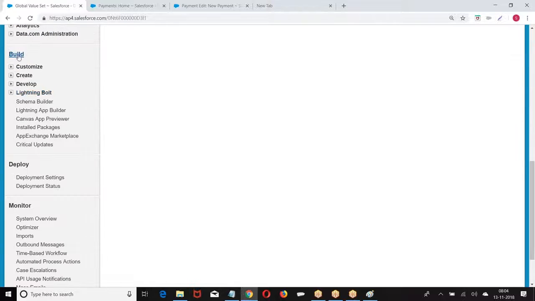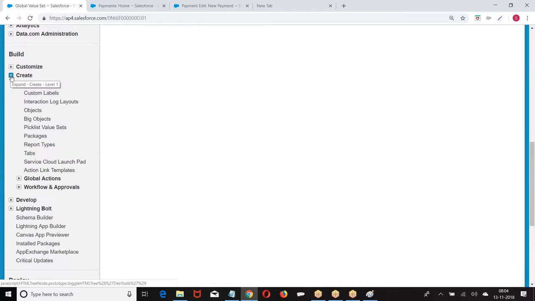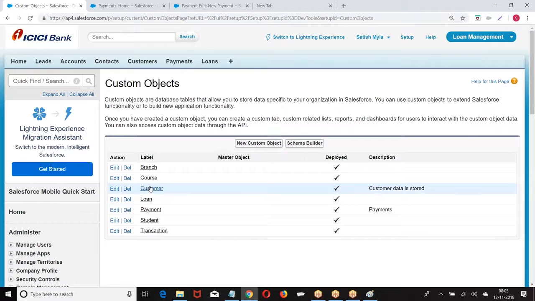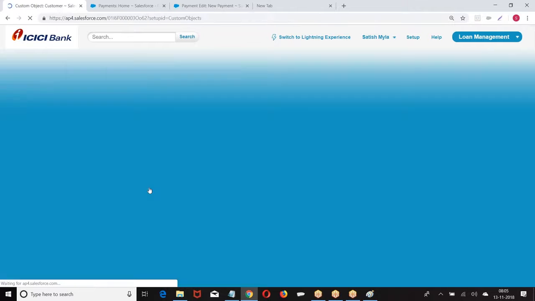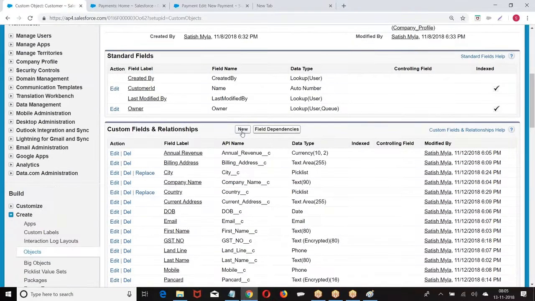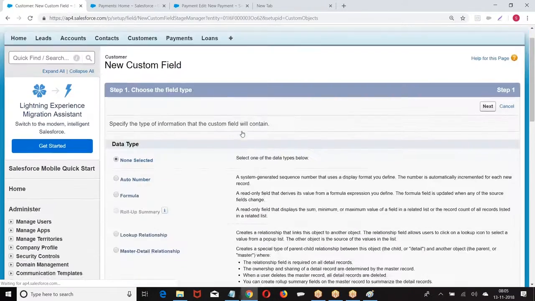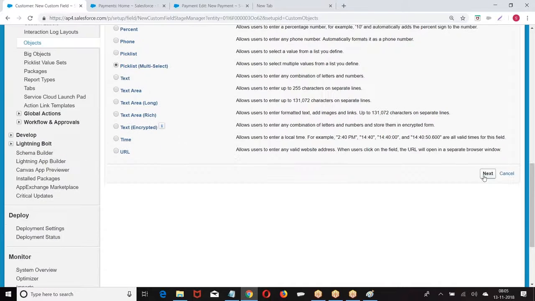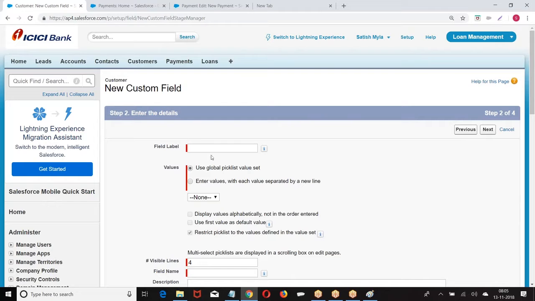Navigation: build, create, objects, new, pick list, multi-select.